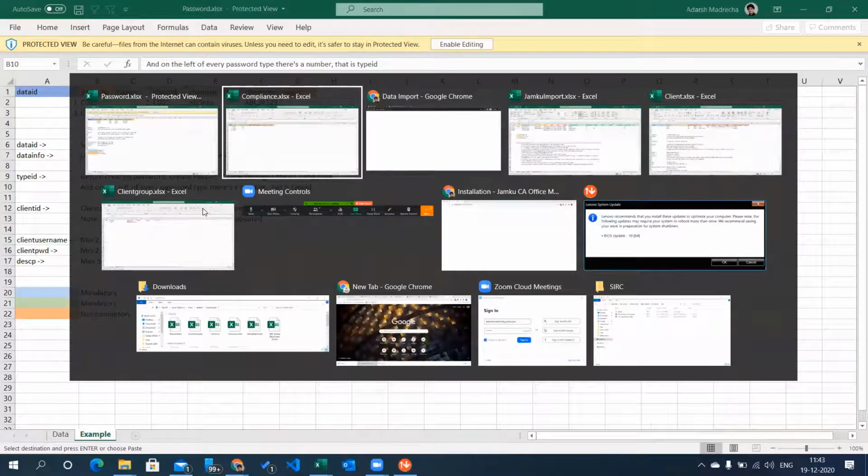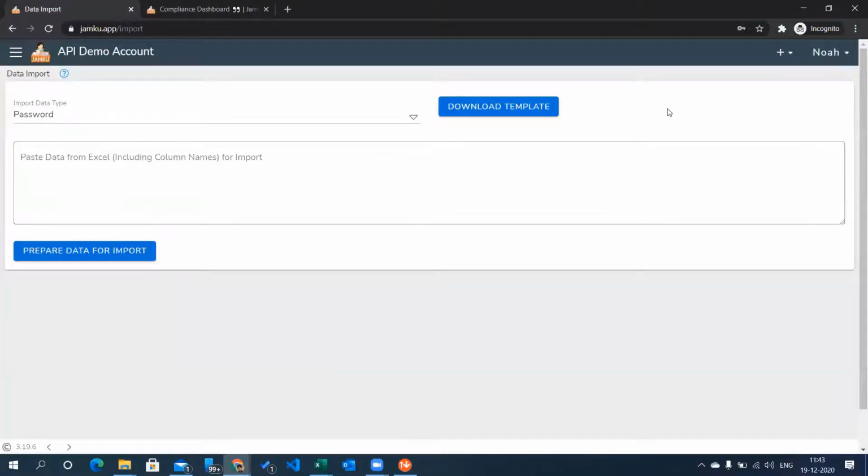If you are a SIRC participant, or if you have received a complimentary Jamku license, then this is the video that will help you to import the data. If you have a paid license with Jamku, then we actually provide you assistance in importing the data, where we do a screen sharing session and import the data.